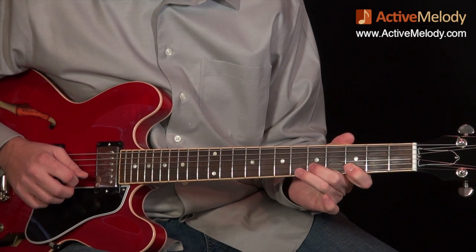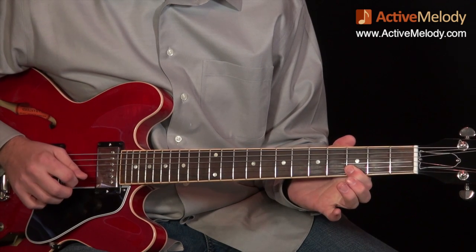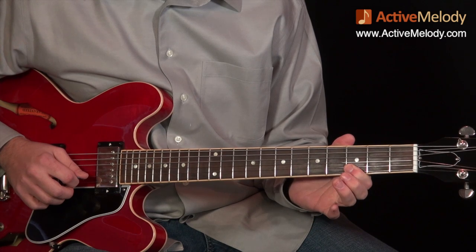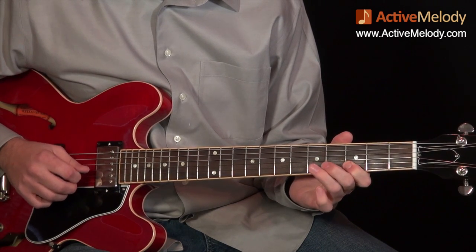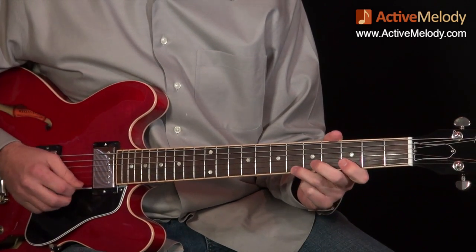Now I take my middle finger and come down and play the 5th fret 2nd string. Then I take both of those off and have just my pointer finger on the 3rd fret 2nd string. So we have... Alright, so all together up to this point we have...